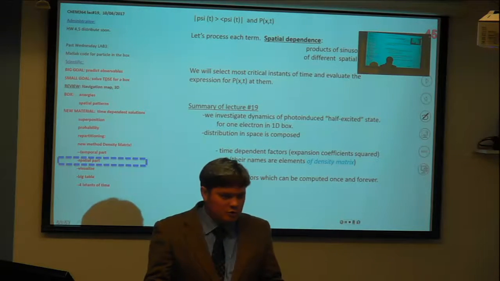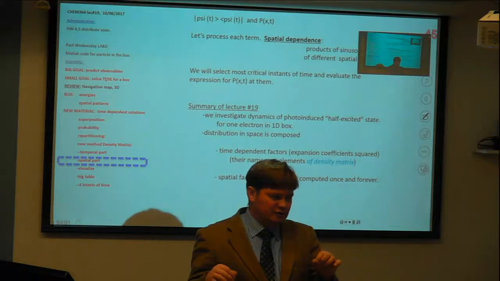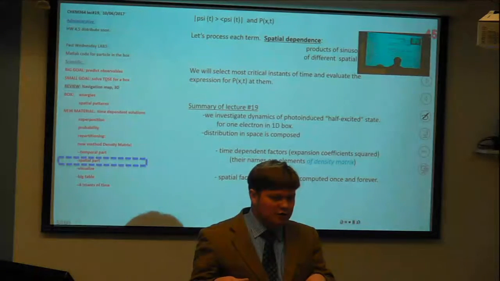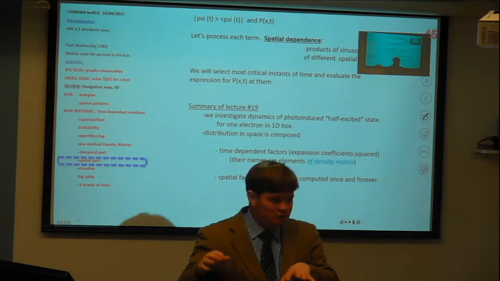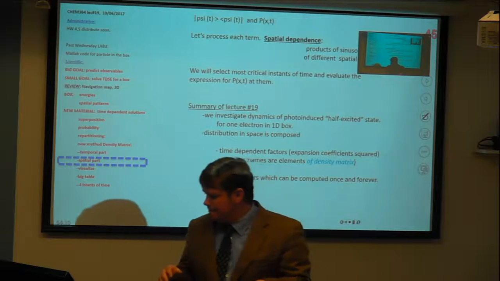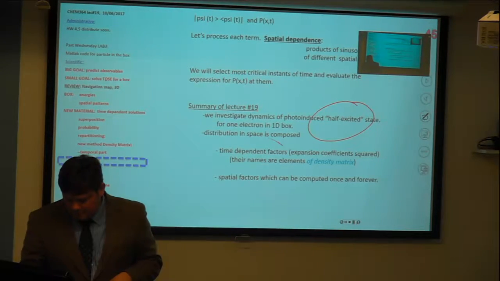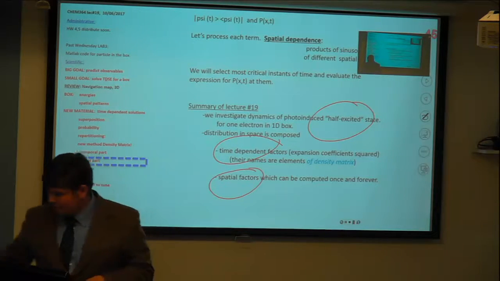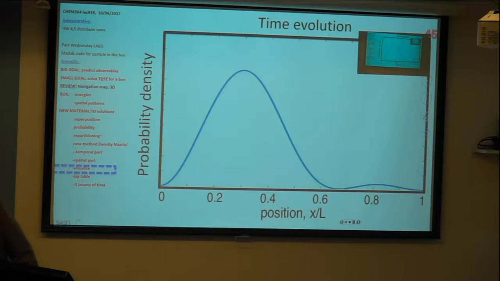We also got namings for new notation for these intermediate components, which hopefully will be useful in our future life. Half-excited state, time-dependent, spatial factors. And it is what we should